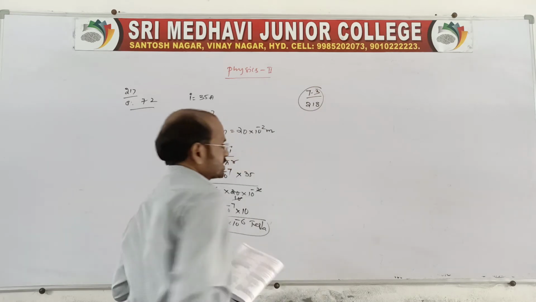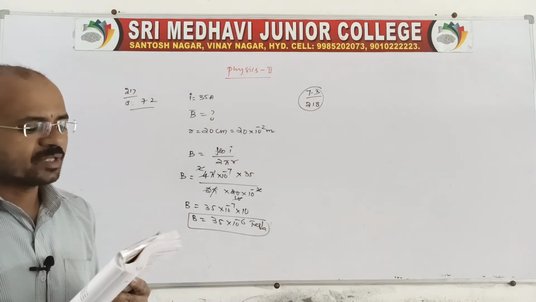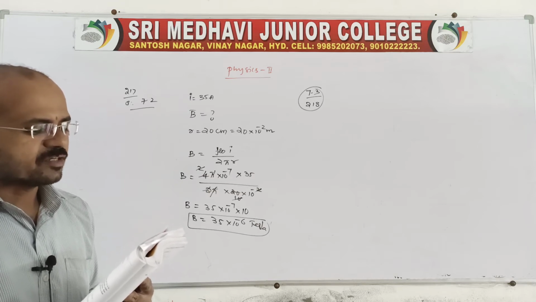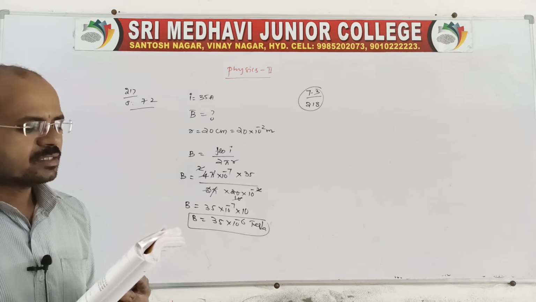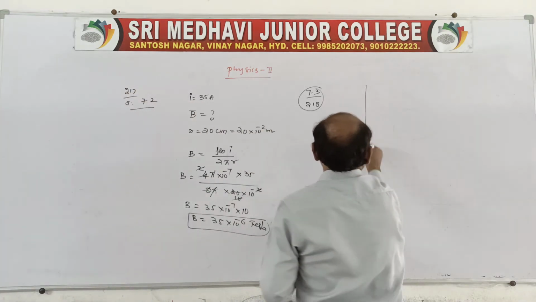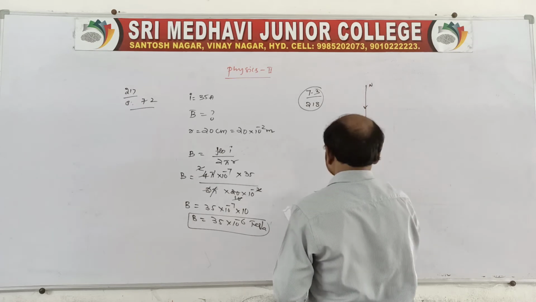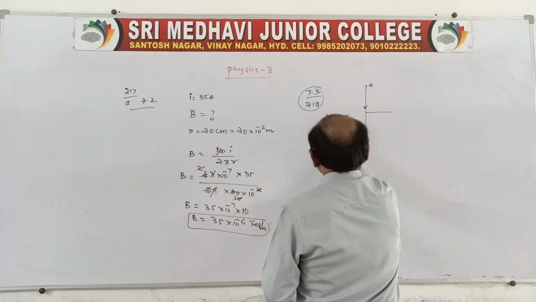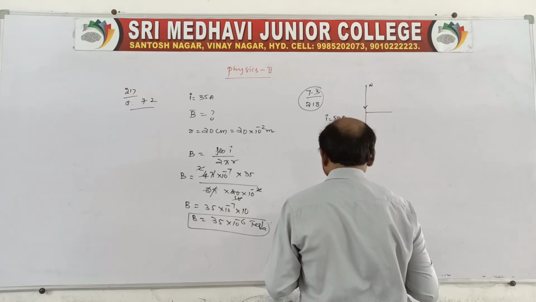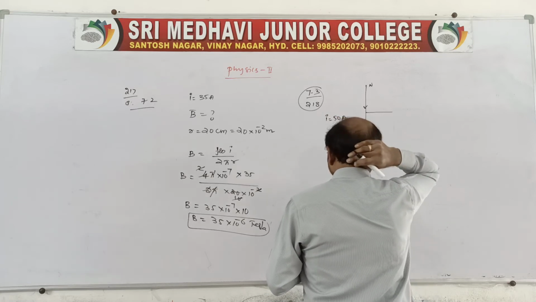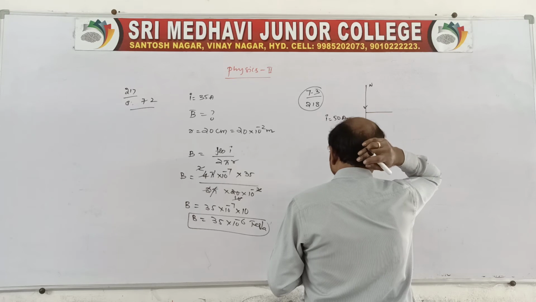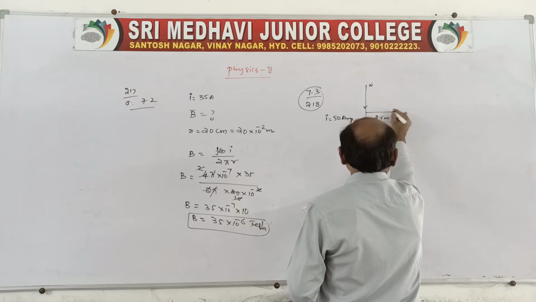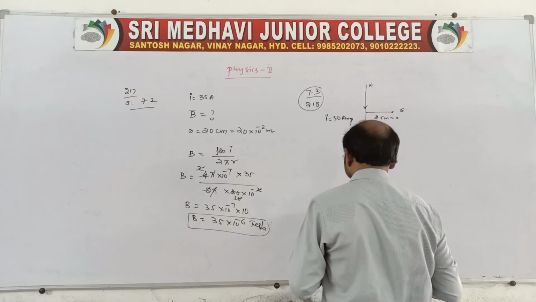Page number is 218, on the basis of current carrying wire of infinite length. A long straight wire in a horizontal plane carries a current of 50 ampere in north-south direction. Given the current is 50 ampere in north-south direction, find the magnitude and direction of B at a point 2.5 meter east.